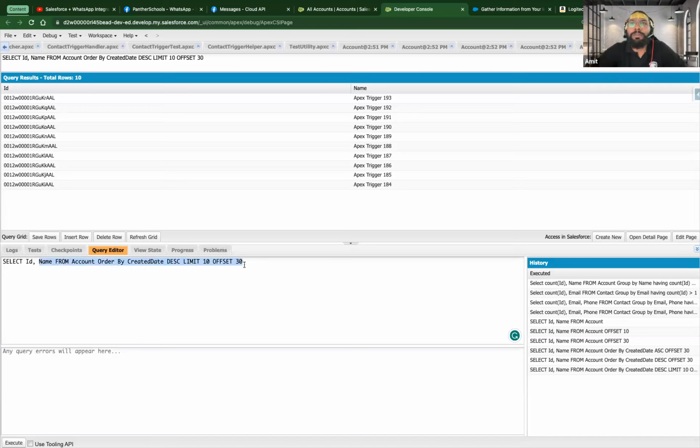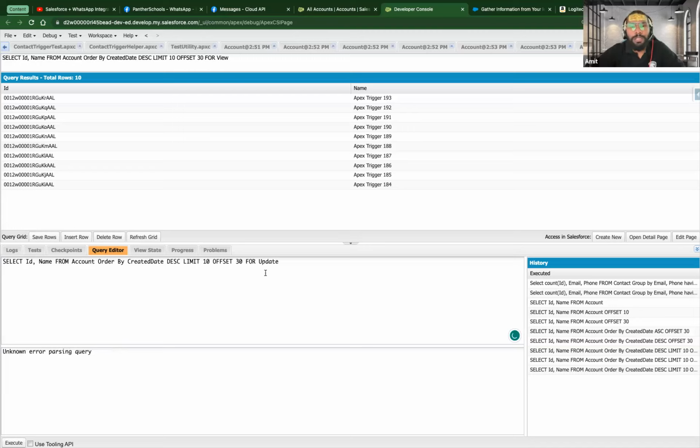Okay. And then we have something called FOR. There is a keyword called FOR, and it has a value like VIEW, or maybe UPDATE, or maybe REFERENCE. I'm going to tell you what each of these keywords does. Okay, there is UPDATE, isn't it? Now let me tell you, this FOR keyword is basically useful whenever you want to tell the system